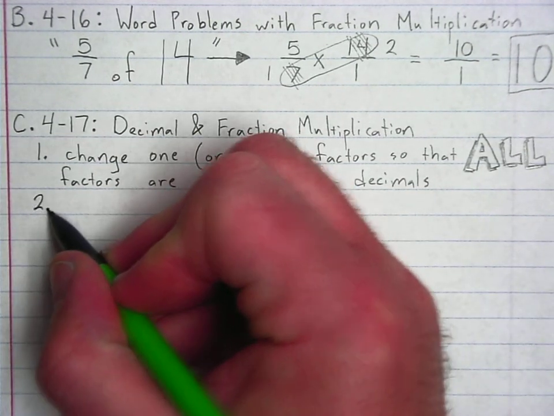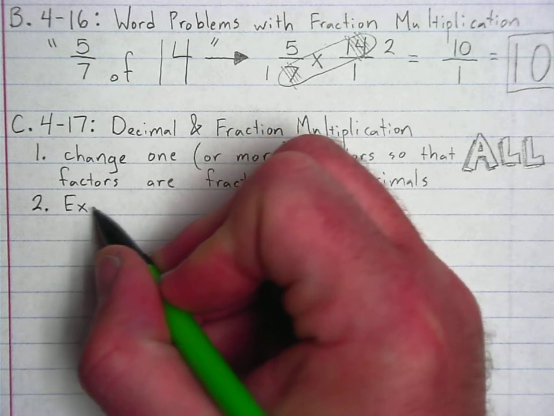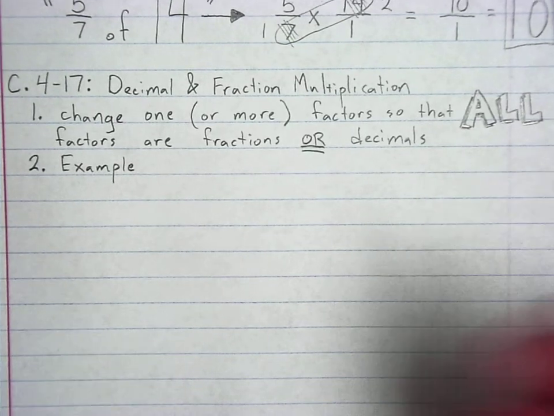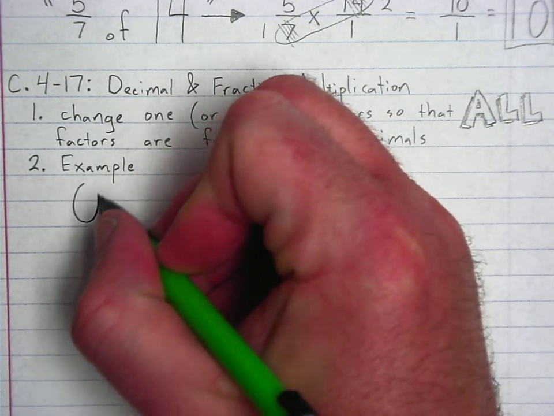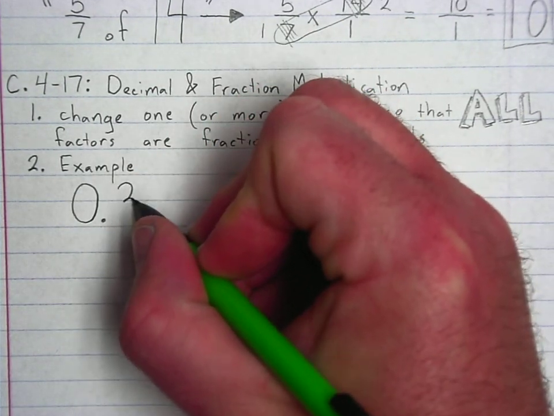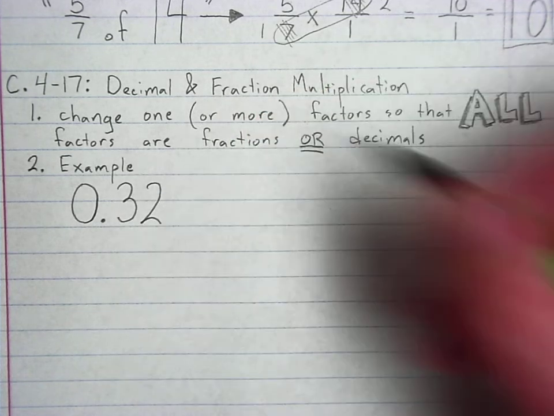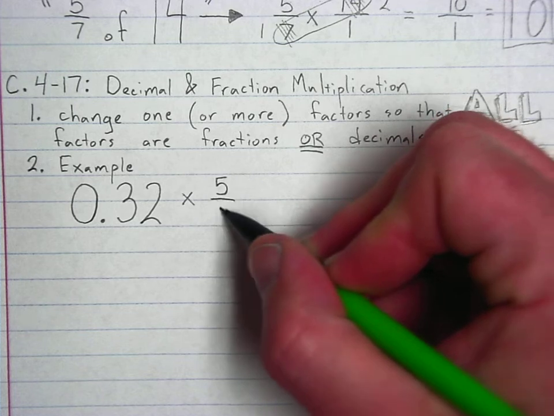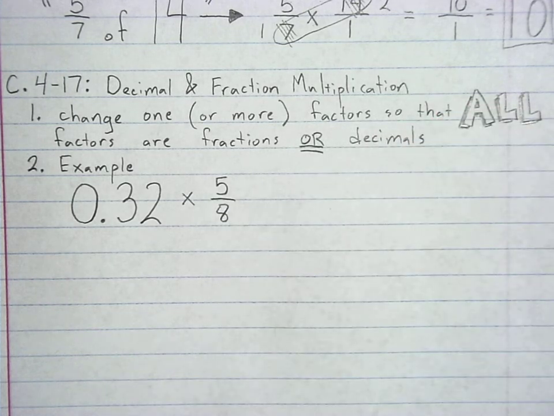Let's take a look at one example. Let's say we have 32 hundredths times 5/8. And I kind of wish I'd written it the other way because a lot of times in word problems you will see